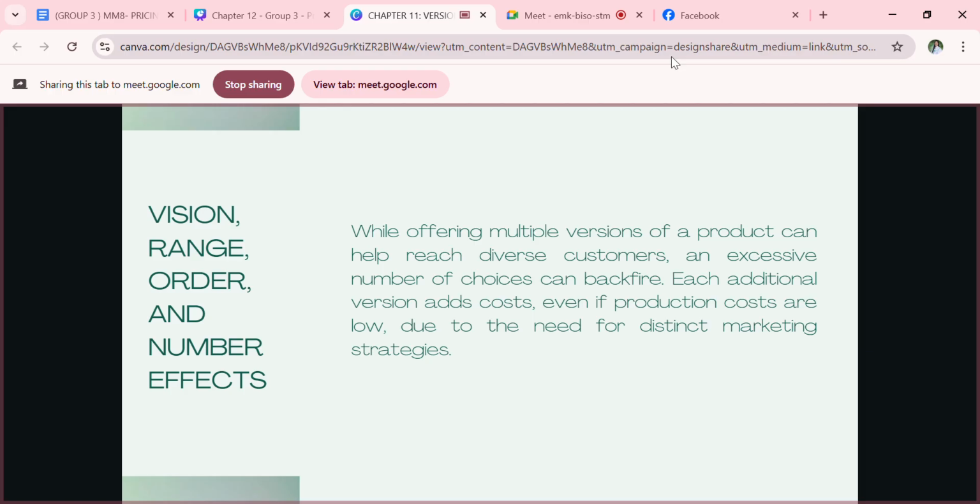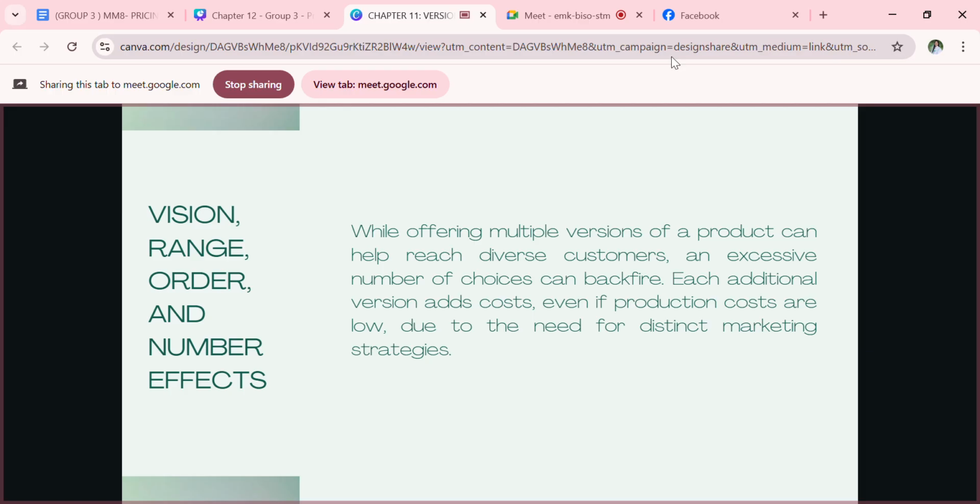So, hello guys, my name is Melody Lindayan and I am going to discuss the version range or the number effects and discounting with price differentials. When companies create multiple versions of a product, they use a strategy called versioning. This approach targets various customer groups by offering different levels of quality and price, allowing the company to reach more customers and